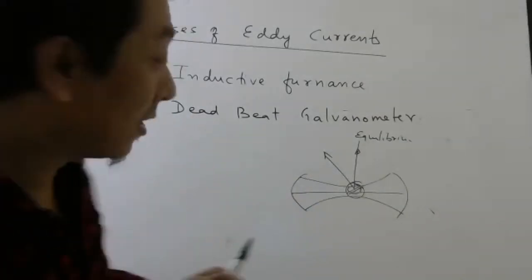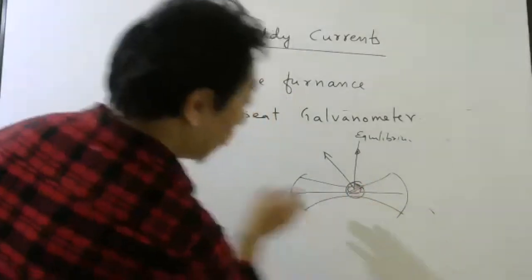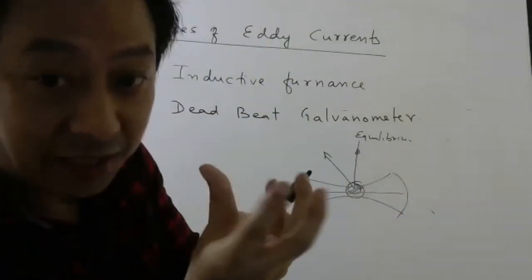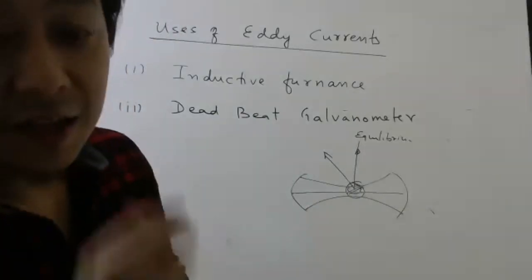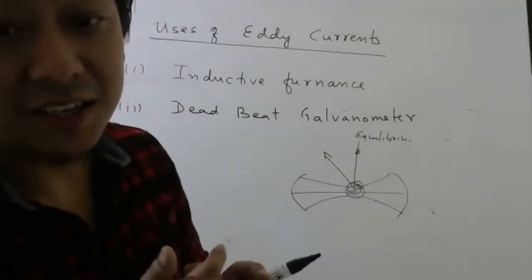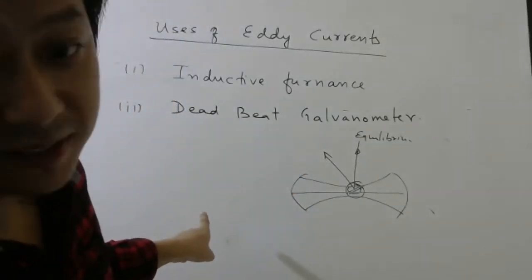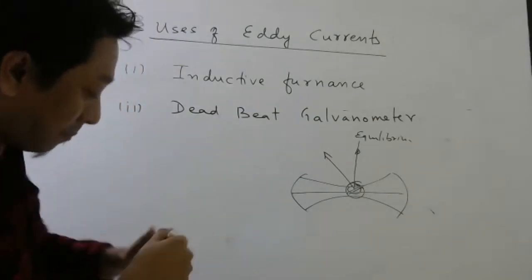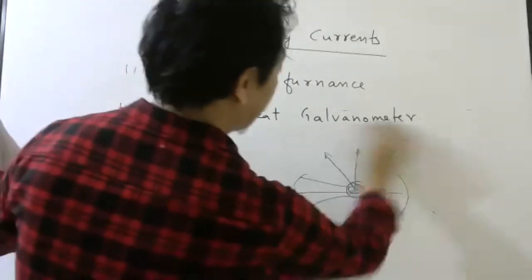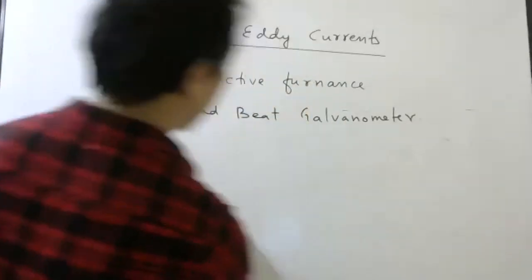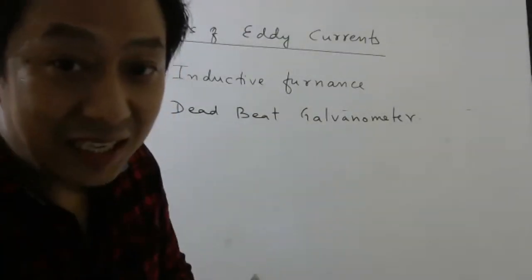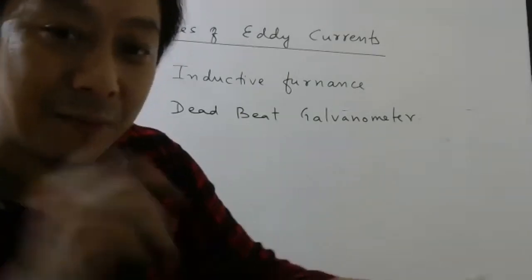And that is what happens because there is a metallic frame. When a magnetic field is applied, as it is moving in a magnetic field, eddy currents are produced. Because of that, heat loss happens. Because of that, it loses its mechanical energy faster, like in that pendulum example I told. So that application of eddy currents is called dead beat galvanometer. Again, students, for exam, just write. I think now you understood why it is called dead beat. So we are killing the oscillation by beating it with magnetic field.